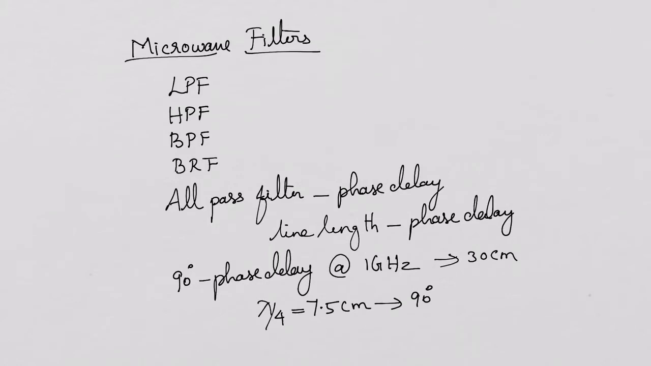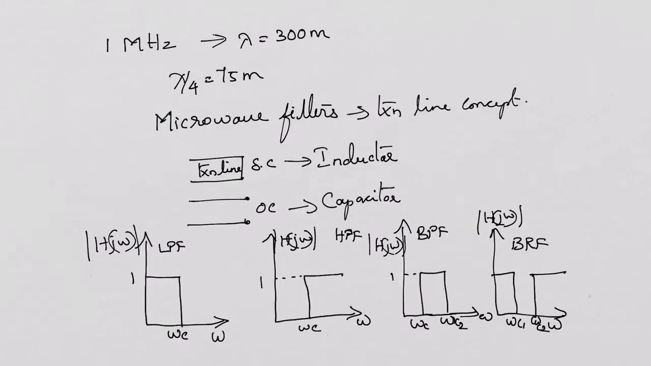But when you want to design the same thing at 1 megahertz, the corresponding wavelength will be 300 meter, and therefore lambda by 4 will be 75 meter, and you do not want to have a PCB with 75 meter length. So that's why all pass filters are designed at lower frequency but never at microwave frequency. So here let us discuss the filters at microwave frequencies, which are based on the